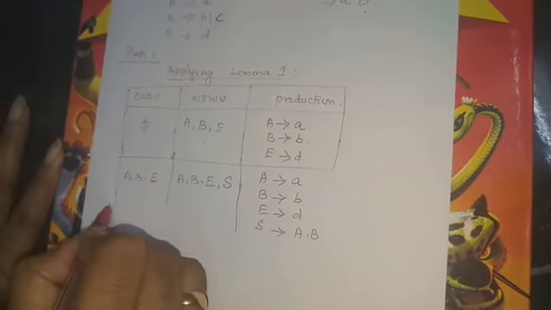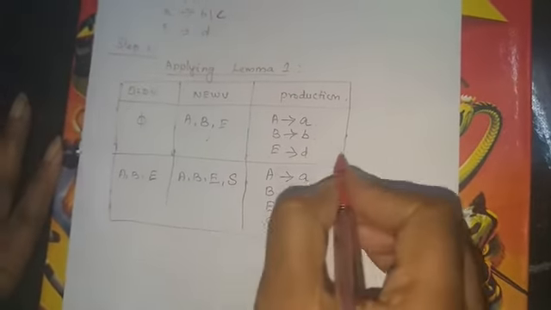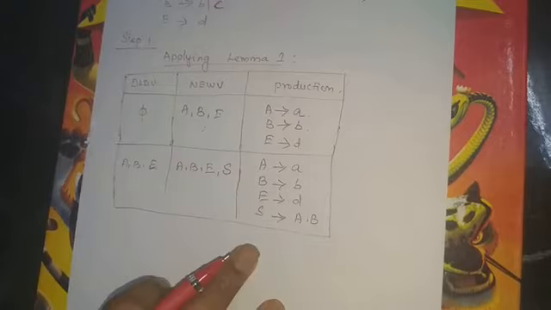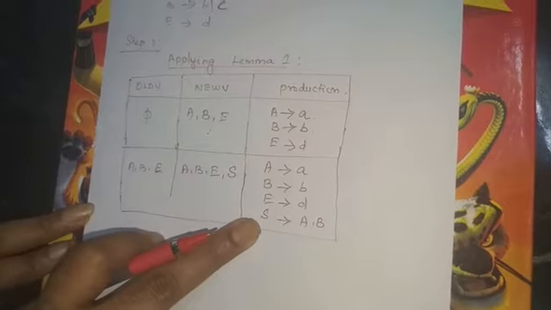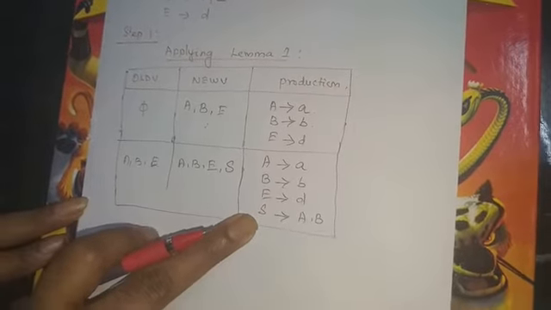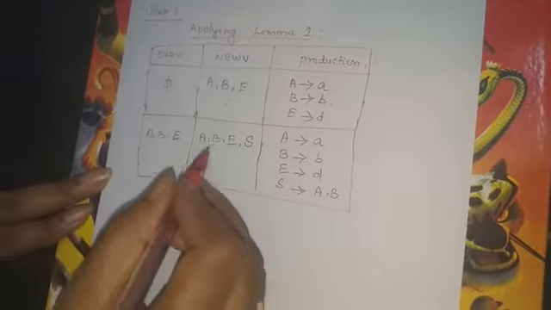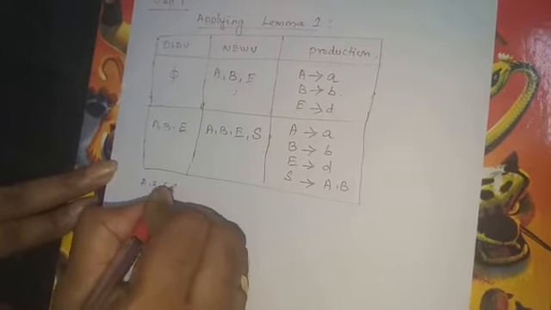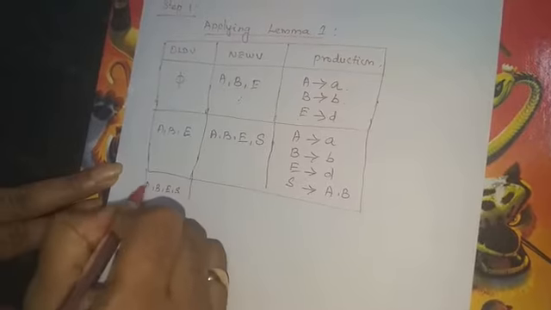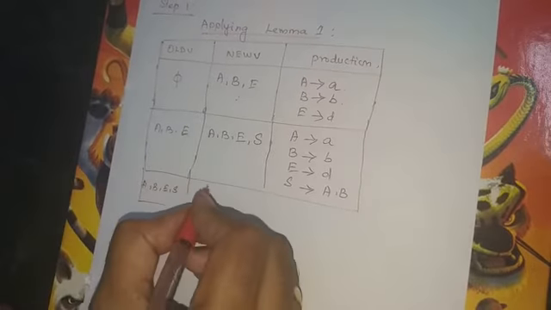Okay. So since you have written this A, B, E in the previous step, no need to repeat it again. Only yes, if you write also, it is sufficient. So again what we have to do? Again I have to copy new V into old V. Same thing, new V I have to copy it in old V. I copied. Then what we have to do?